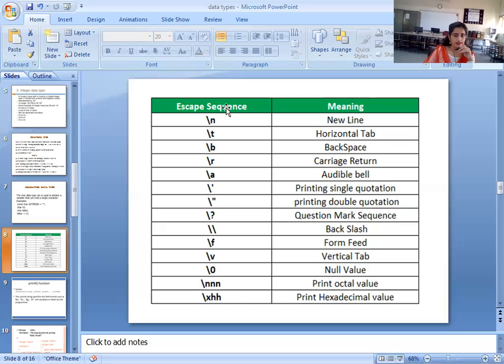sequence. And these special escape sequences are, like backslash n, this backslash and then n, it shows the new line, then backslash t shows the horizontal tab, backslash and b shows the backspace। अगर हम कोई चीज लिख रहे हैं और उसमें हम चाहते हैं कि एक बार वो लिखी जाए, उसके बाद बैकस्पेस आके फिर दोबारा से नेक्स्ट लाइन लिखी जाए, तो हम ये चीज यूज करते हैं। देन आर कैरेज रिटर्न,